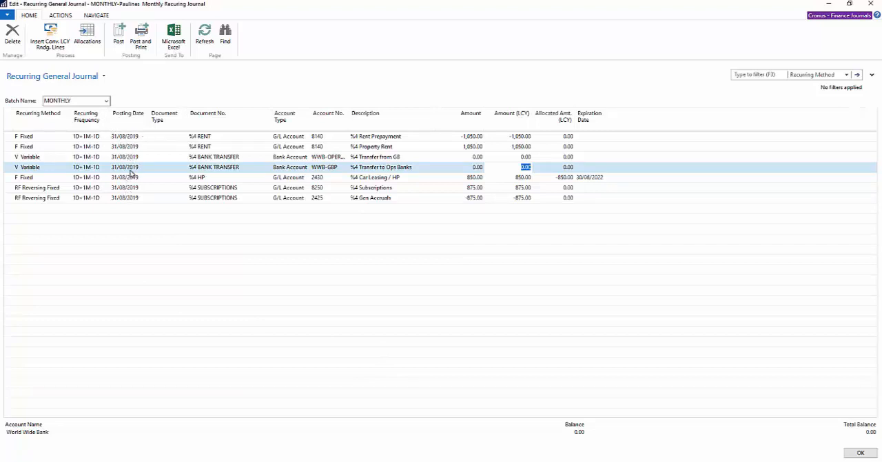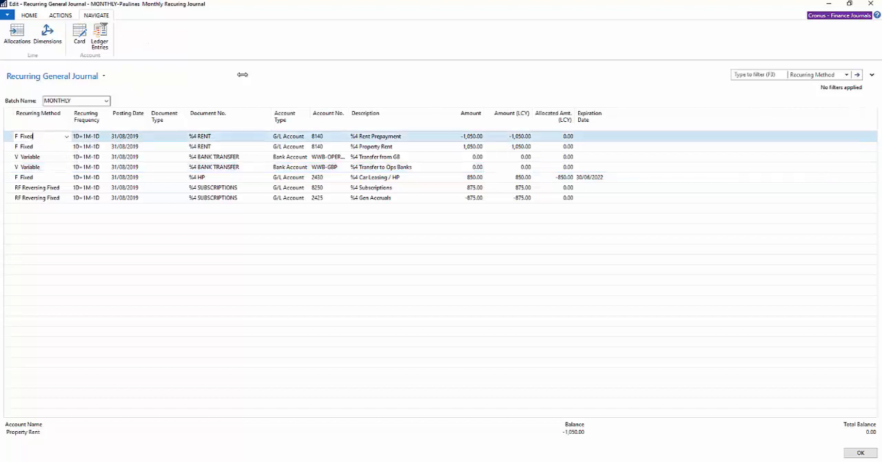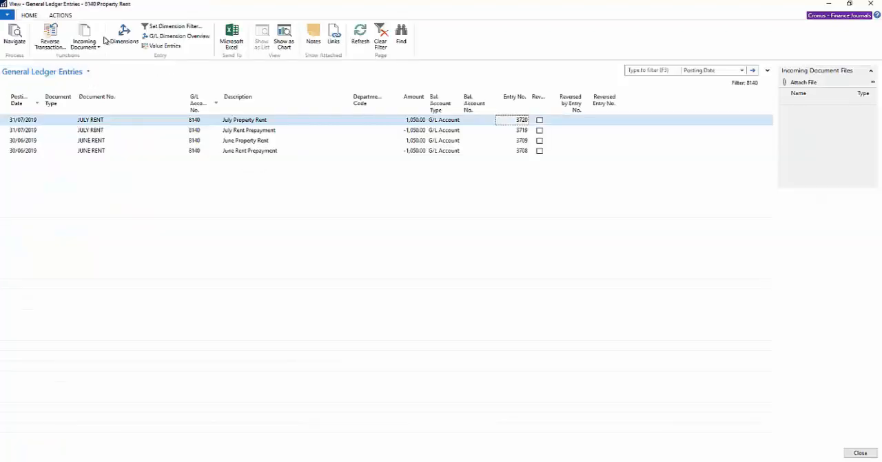If I now post this journal, then my date will come back to the 30th of September because of this syntax here in the recurring frequency. My fixed values have come back, but of course my variables, because of the nature of them, have come back with a 0 amount. One thing that's quite nice in 2018 is you can actually see the entries that have been generated. So from the Navigate ribbon, Ledger Entries, and we can see here that